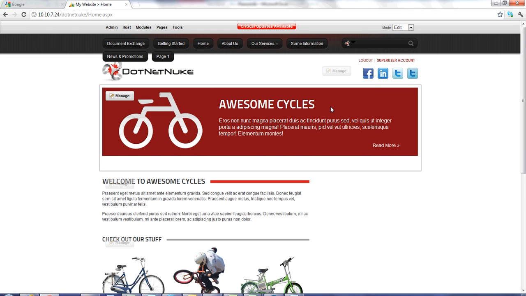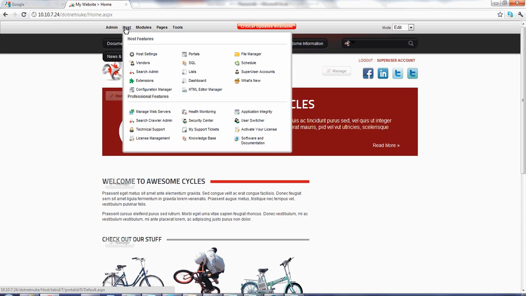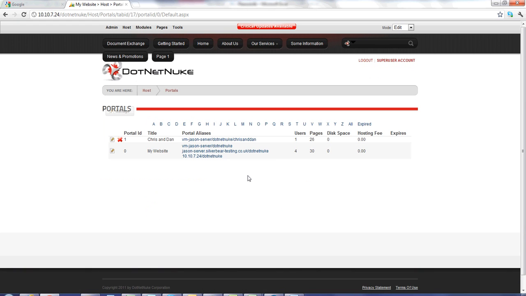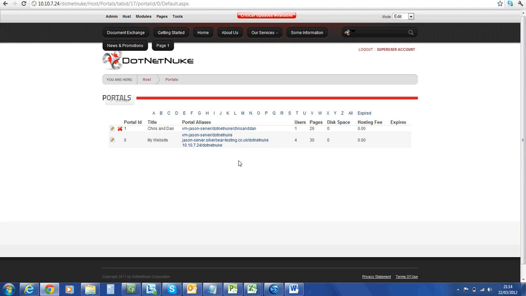Now, we're logged in as a host, so what we're going to do is hover over host on the admin control bar, and then click on portals. So here we have a list of the portals that correspond to this particular website. Now, if you were using Silverbear's fully integrated membership solution, then these portals would be configured within your CRM